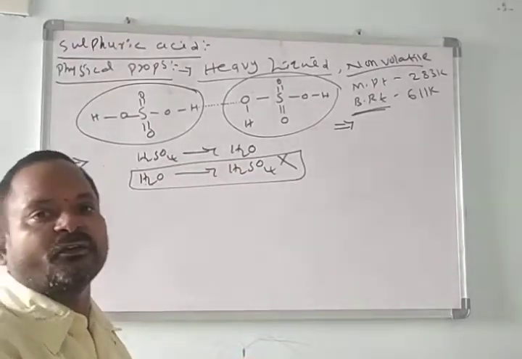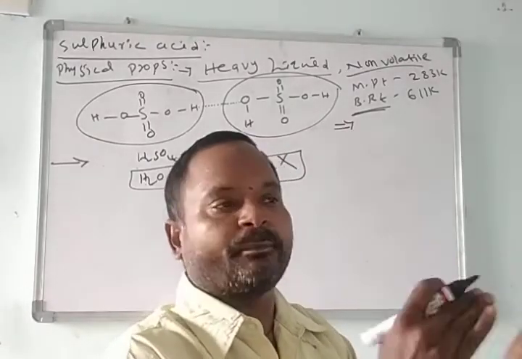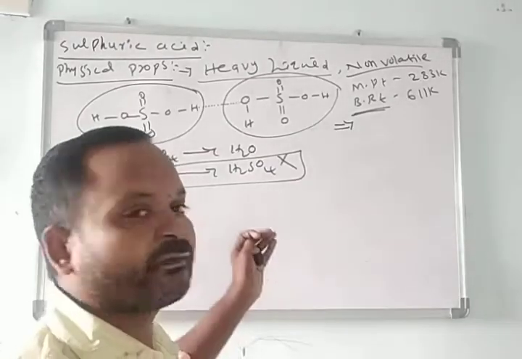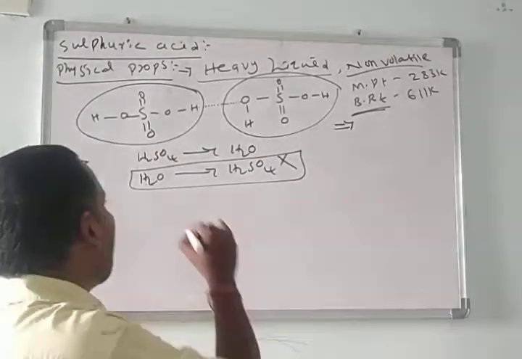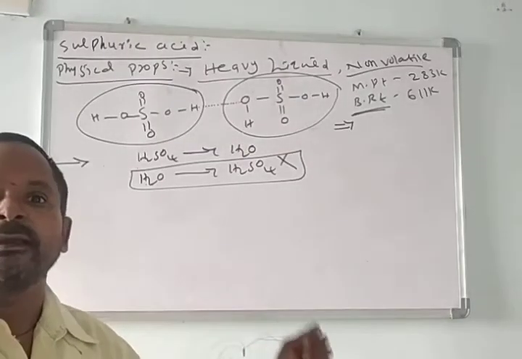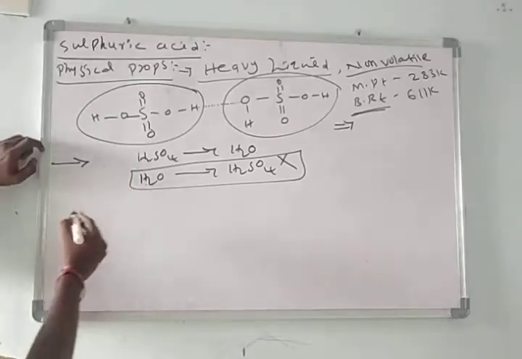If you add water to sulfuric acid, a heavy amount of heat is evolved, and the pot or beaker or any material will break down. Different accidents will occur. That's why you should add sulfuric acid to water slowly, by stirring only.